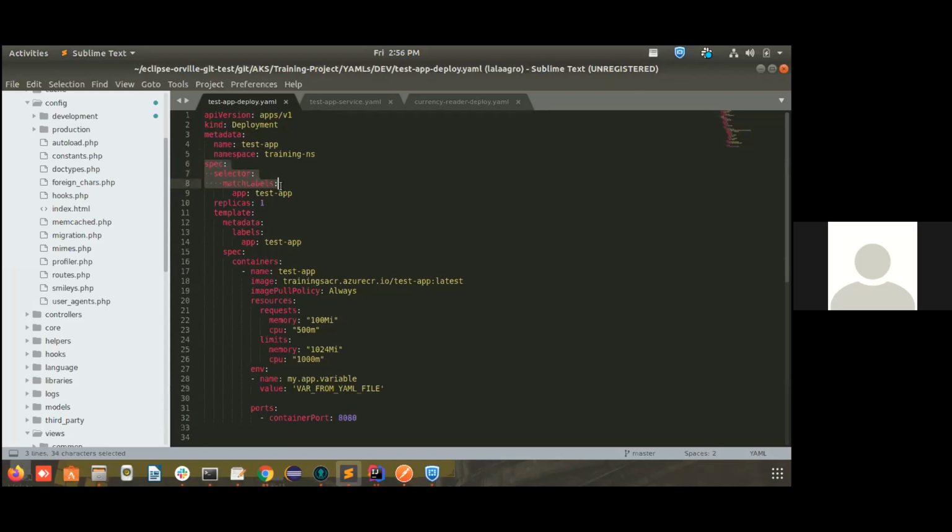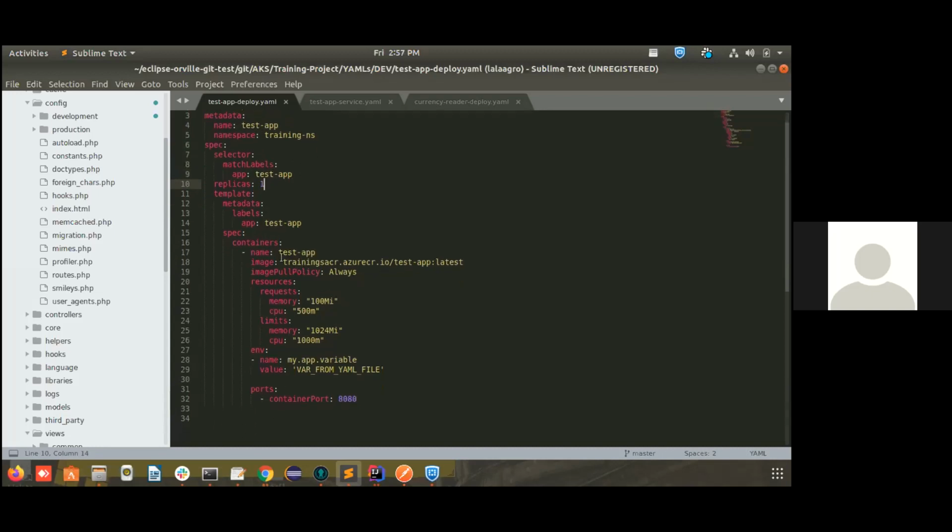If this application needs to be connected by another pod, then this is the label we are giving for this application. And we are mentioning the replica count, that is 1 here. If you want, you can mention the replica count as 3 or 4 or 10. That many pods will be created when you start this deployment.